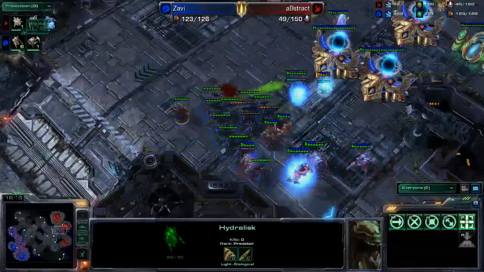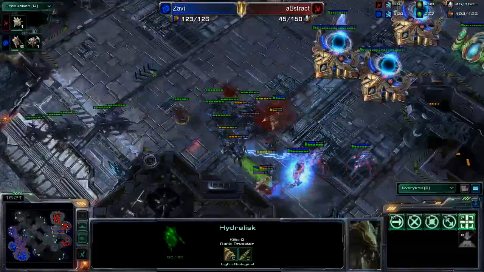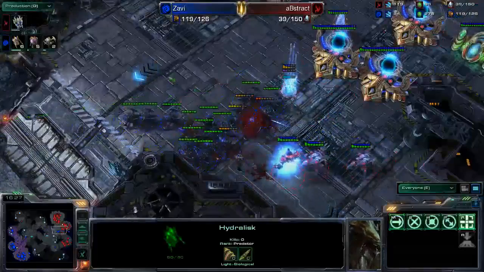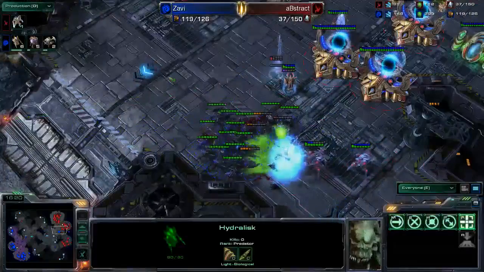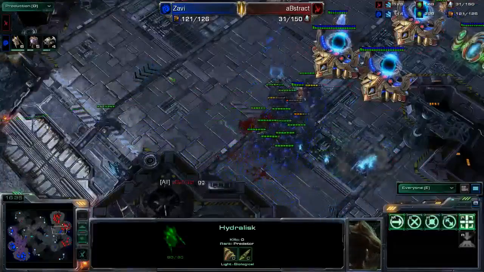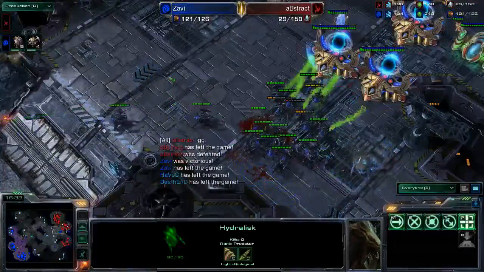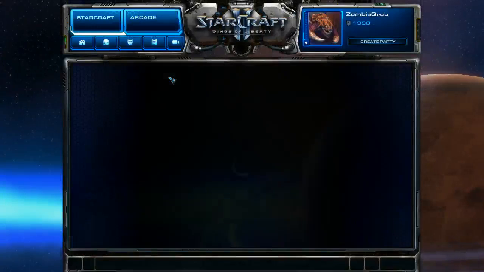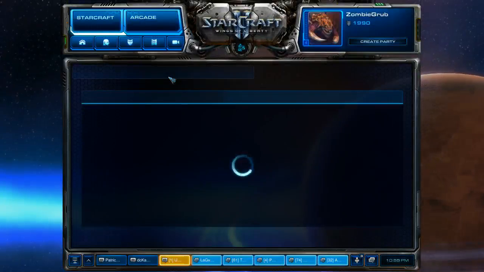I don't like this option of getting 6 more. But there's so little Protoss army that he can do whatever he wants, which is really weird. I'm going to admit that I'm really surprised that this worked. I think that aBstract just underestimated the power of Hydralisk. Zavi did interesting things that probably made aBstract go, whoa, what are you doing? And no Archons and no